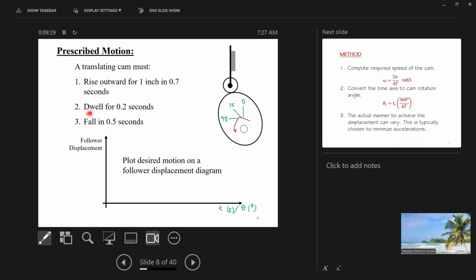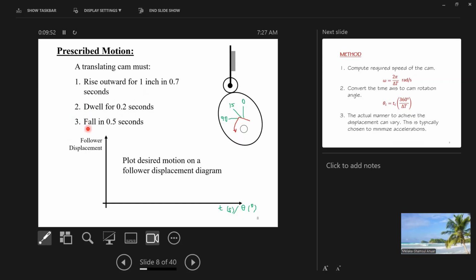Then dwell, it tells you the next behavior will be a dwell, so meaning it maintains 1 inch from the base circle, 1 inch radius from the base circle, delta radius, and this takes 0.2 seconds, and then